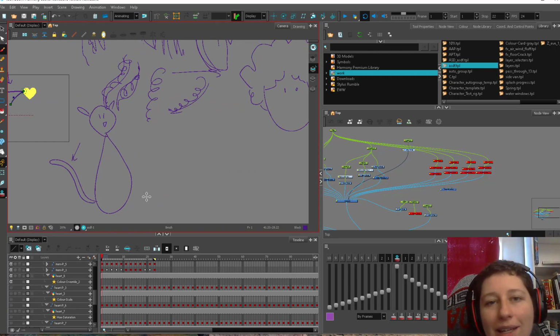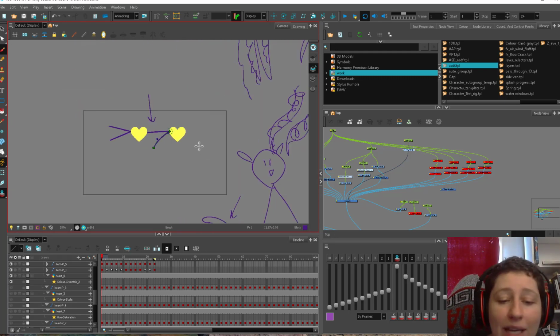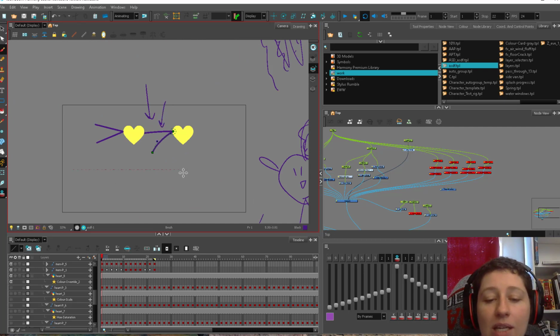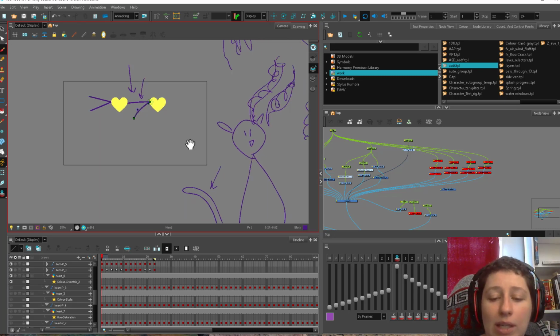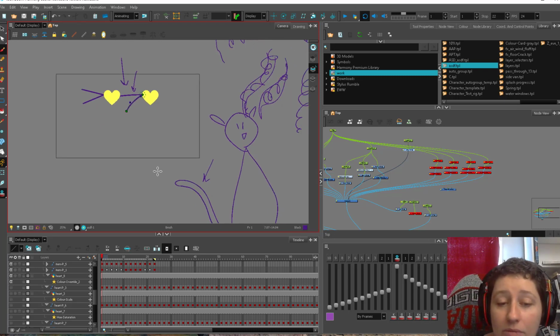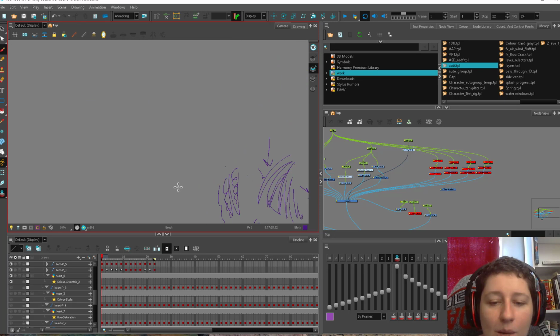Dogs' tails, they're going to be wagging if they're happy. So if they're running and they're happy, their tail might be wagging, and this kind of stuff is not going to come into play because the dog's tail is moving independently from the action it's doing. It might have a bit of a response to that, but it also has its own opinion of what's happening. Arms are the same thing.